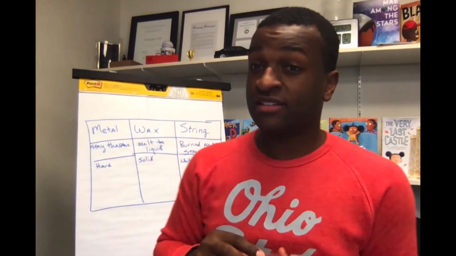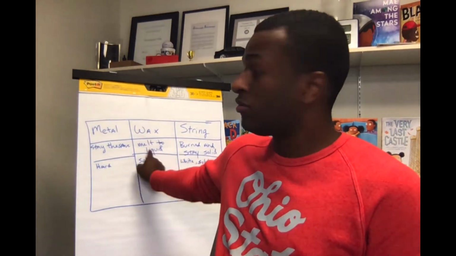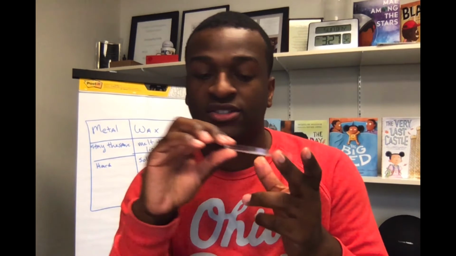So I'm going to put this candle down. And I've had another candle that's burning as well, but it's been burning a little longer to speed it up just a little bit so we can see what happens. I'm going to take this dish that's empty and clear, nothing in it. And I'm going to see what happens to the candle if I tilt it to see what happened to the wax. If my hypothesis is right, because I said it will melt to liquid, that means the wax will end up on here and it'll be liquid in this dish.